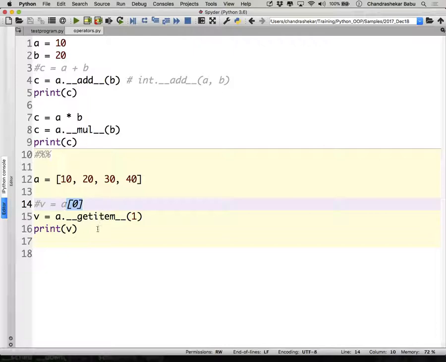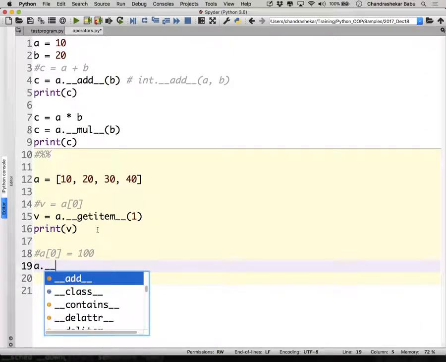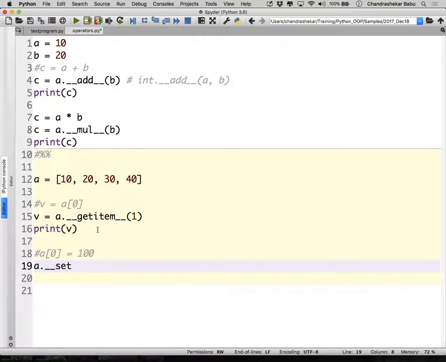But one more very important aspect I shall tell you. Remember I told you about set item? I'll tell you what this means. If I say A of 0 is equal to 100, and you do this in Python, when Python encounters a statement like this, when on the left hand side it sees a special character, open close square brackets, Python translates this to A dot double underscore set item double underscore of 0, 100.